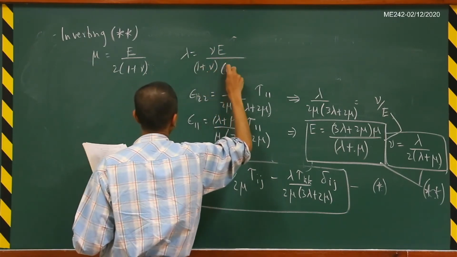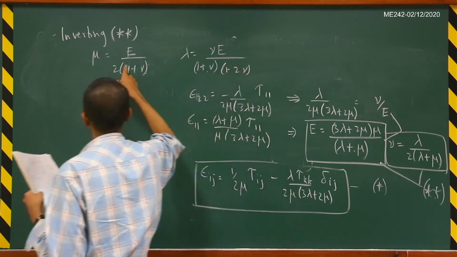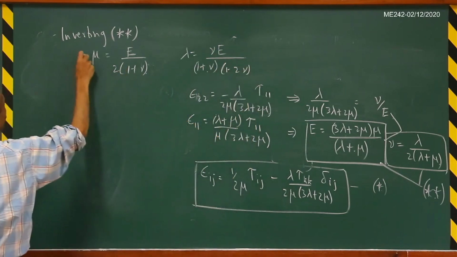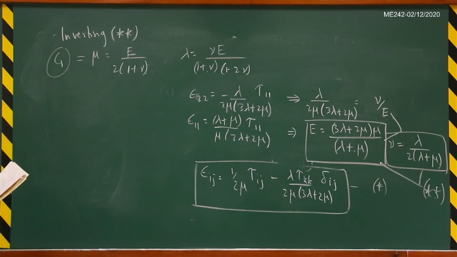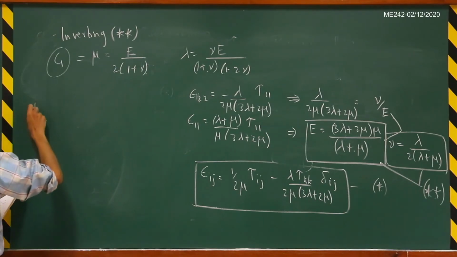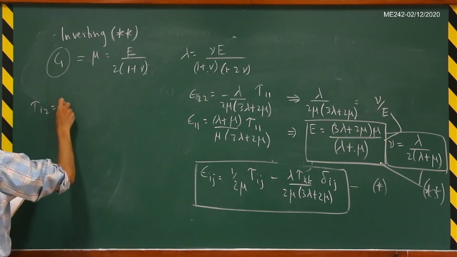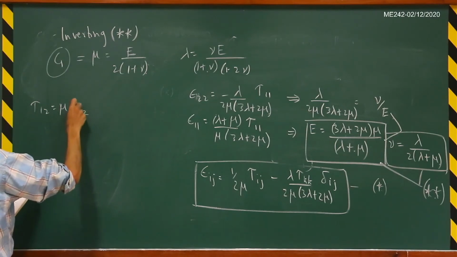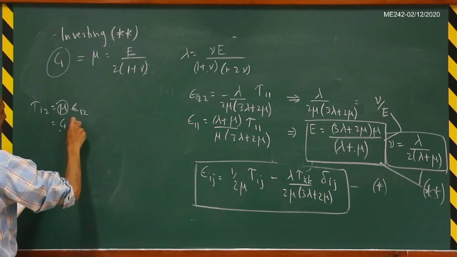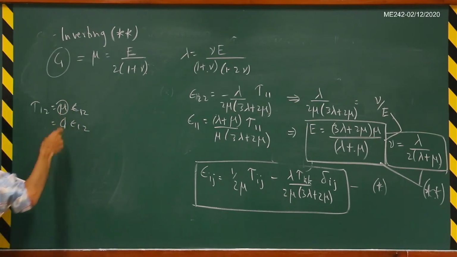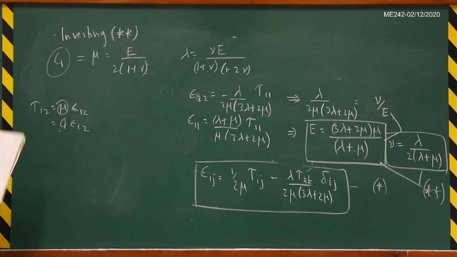And if you recall, we call this quantity also as G. In your strength of materials courses, you will typically denote this mu as G. So basically this mu, one of the Lamé parameters, is the same as your shear modulus, right? This is because we saw that tau 12 is equal to mu times epsilon 12, and in your strength of materials, this you would call as G of epsilon 12. So this G and the mu, they are the same basically.